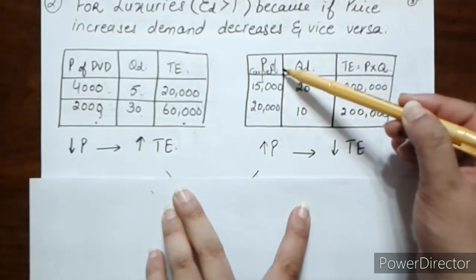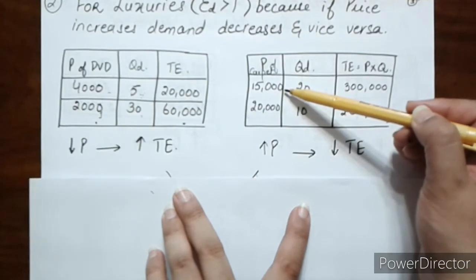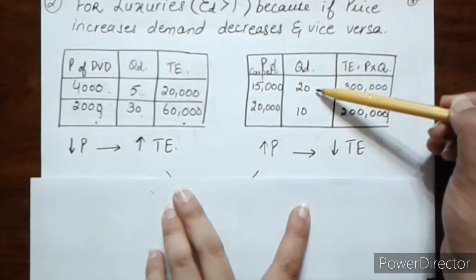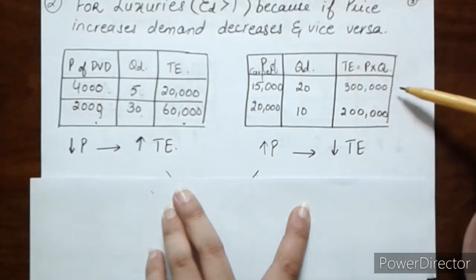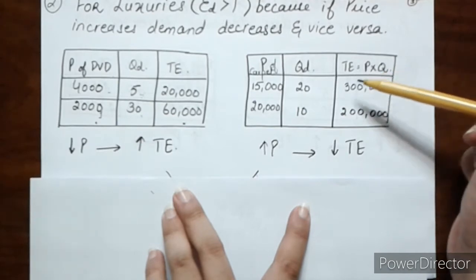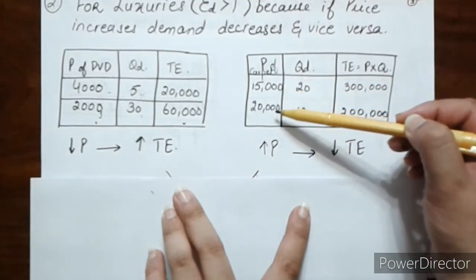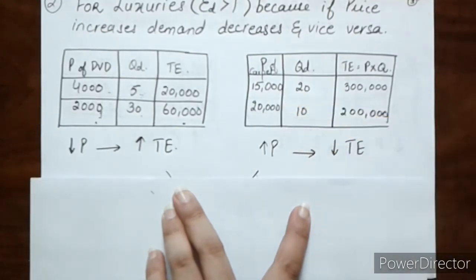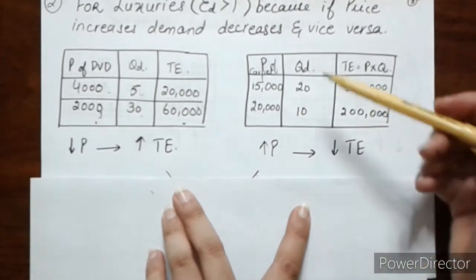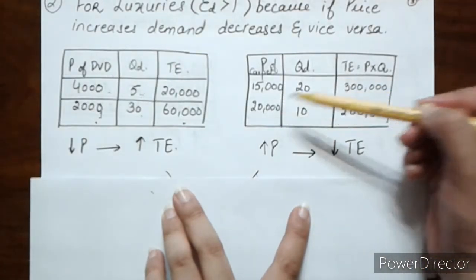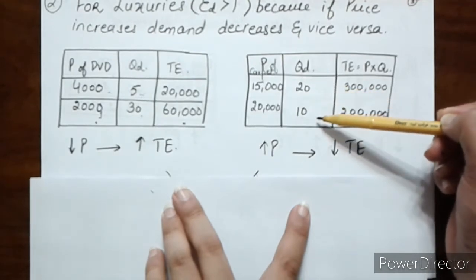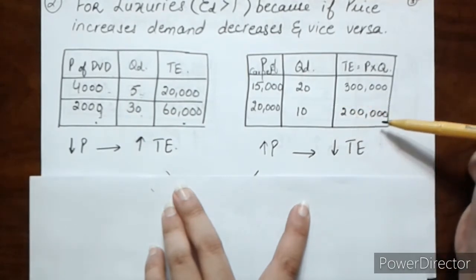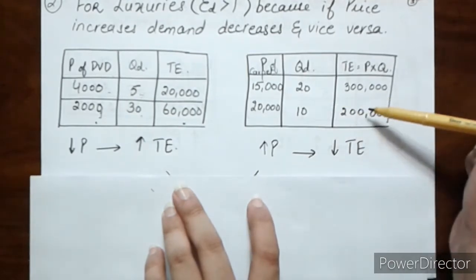Let's say we have a price of a carpet, it's worth rupees 15,000, and at this price 20 carpets are being demanded in the market. The total expenditure on 20 carpets will be 300,000, okay, or 3 lakhs. But if the price of carpet increases, since it's a luxury, people can live without carpets, they can use any other commodities in place of it or simply avoid its use. When its price rose by 5,000, people dropped the demand too. It became 10, and when 10 were being sold, total expenditure on carpets was 200,000.